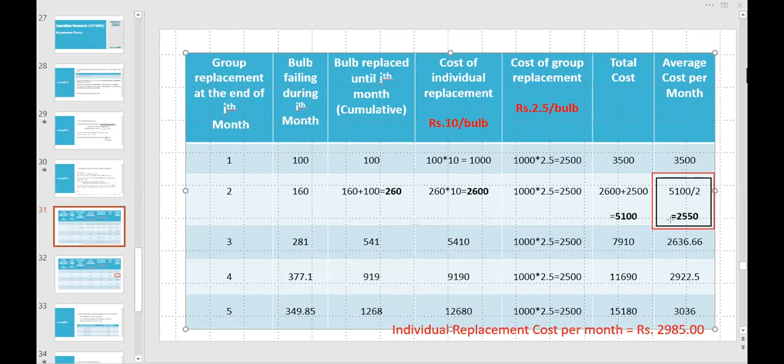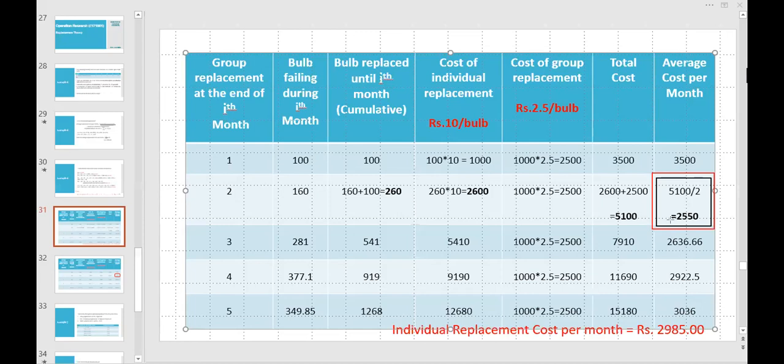Group replacement, obviously. Why? Because the average cost per month in group replacement is 2550 only, while in the case of individual replacement, the average cost per month is